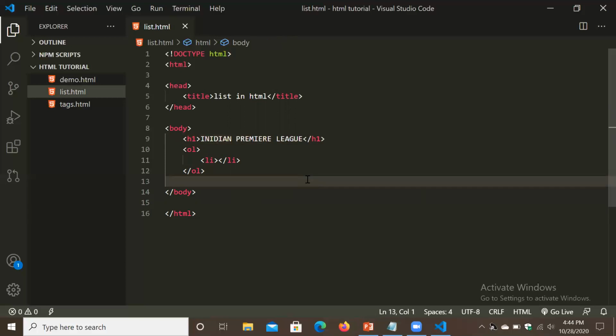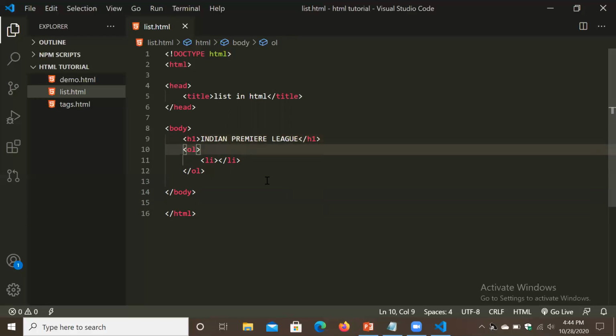Okay, if there is a spelling mistake, no problem. Okay, this Indian Premier League.